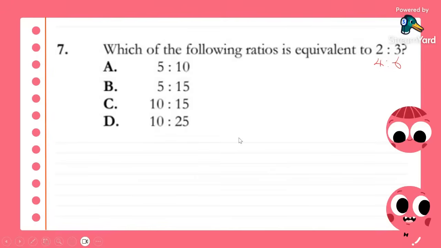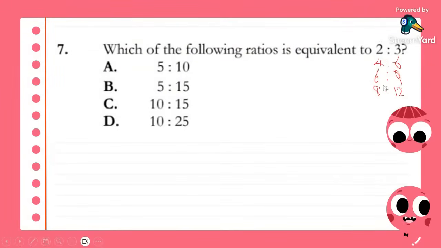Someone says divide. We could divide if we're working backwards from the answer. If we're going to continue to create more equivalent fractions, let's think of the next number. We multiplied by 2 first time. Now we multiply by 3. 3 times 2 is 6, and 3 times 3 is 9. But we don't have that answer in the options here. Let's use 4. 4 times 2, 8. 4 times 3, 12.